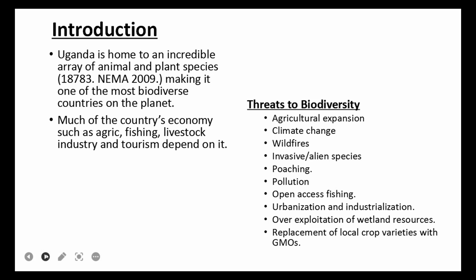Climate change, we also saw yesterday. We have wildfires. These fires can burn and destroy a lot of plantations and even the plants, so it is a threat to biodiversity in the country. We have invasive alien species. There are species that grow and multiply so fast at the expense of others. This also poses a threat to the others, and they interfere with the existence of those which can be vulnerable.